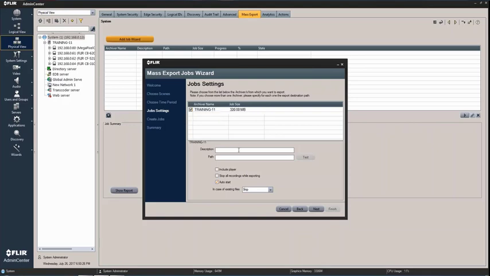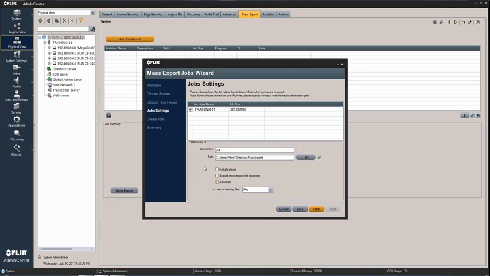Now notice how I can come down right here. I can just give it a description of, say, test, and a path I already have actually set to my desktop, but I don't have a folder created there. So you can see there's the path to my desktop, and what I'm going to do is just add a folder for the mass exports right here, and I'll just call it mass exports. Now I go to hit the test button. This is simply going to perform a test, basically to make sure that I have right access to this particular folder and create the folder as I do it. And you can see the green checkbox validates the fact that I do now have access to that folder and